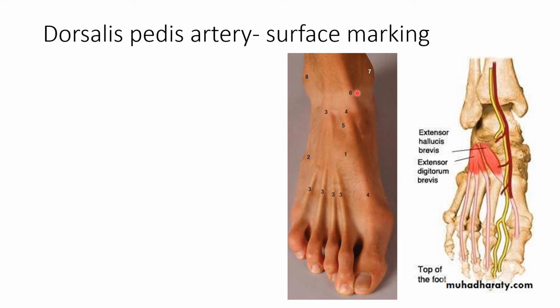This is the medial malleolus and this is the lateral malleolus. Then you are seeing the tendon of the tibialis anterior, then the extensor hallucis longus,